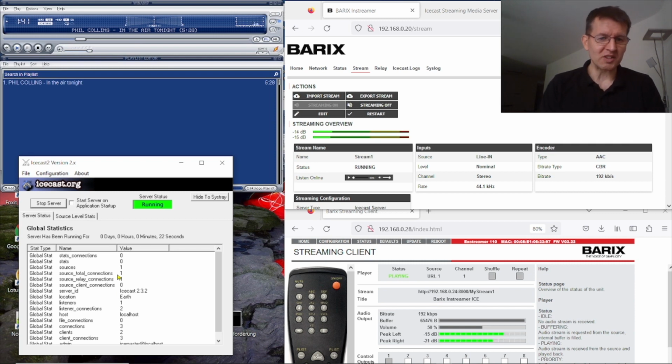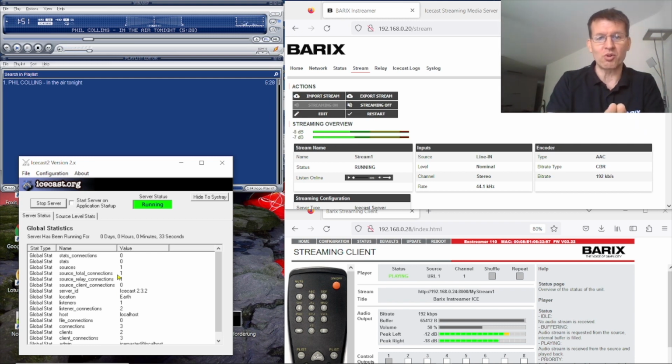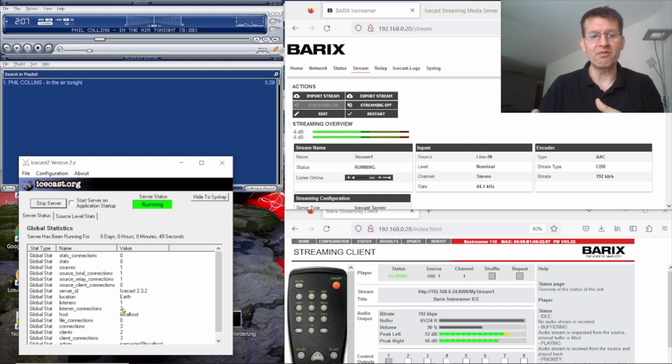What is the disadvantage of this mode? Now the external IceCast server is grabbing the stream from the InStreamer ICE, and it has to go through your firewall from your studio. Usually the InStreamer ICE is in your studio, there you have a firewall, and the external IceCast server is at the ISP, and now it has to go through your firewall. That means you have to open the firewall for this stream, and you have to install a TCP port forwarding on your router.